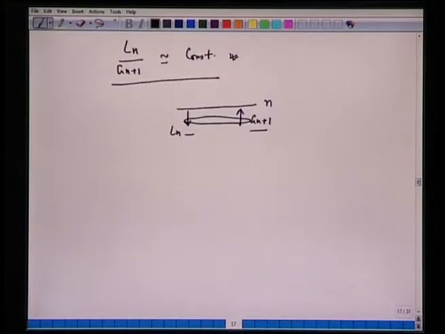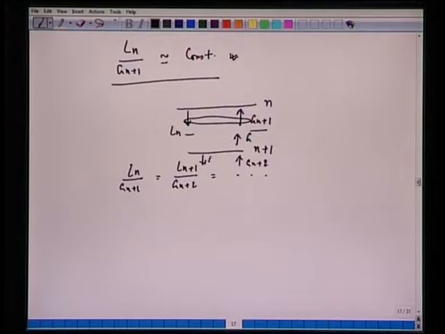And now, if you recall, we can make a molar balance between one plate and another plate, say N plus 1 here. If we do this, we can also write that Ln over Gn plus 1 is the same as Ln plus 1 over Gn plus 2, and so on. So the stream which arrives here is Gn plus 2, and then we have this Ln plus 1. So this ratio is also constant here.